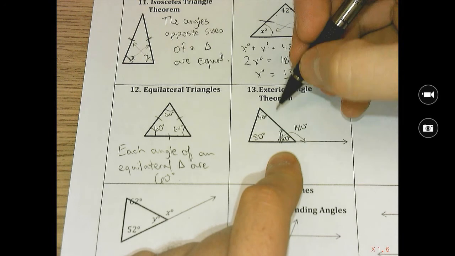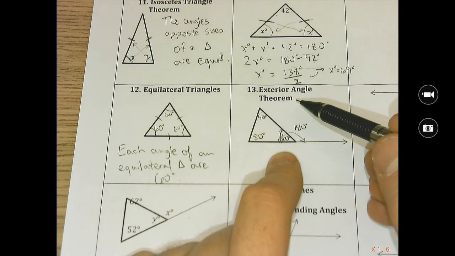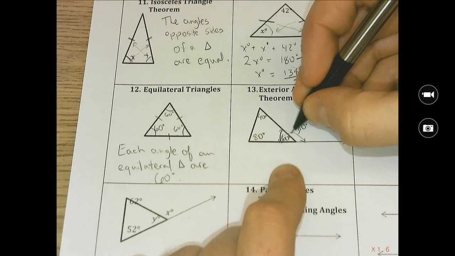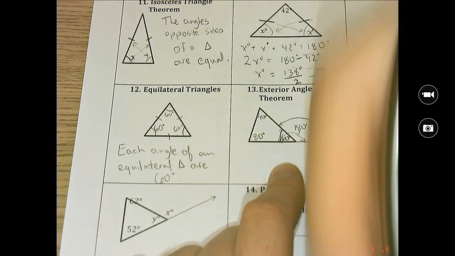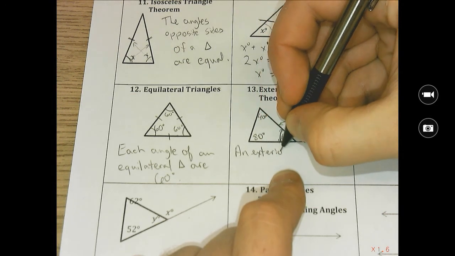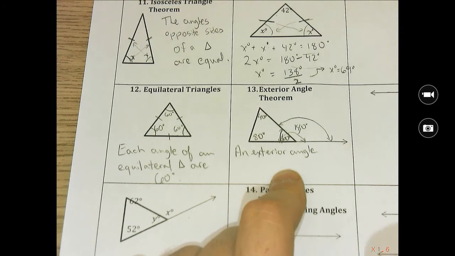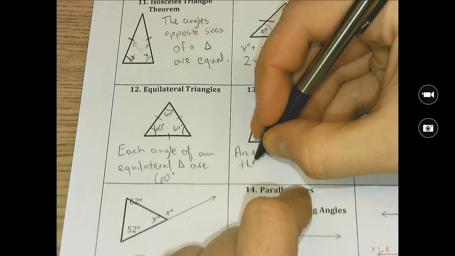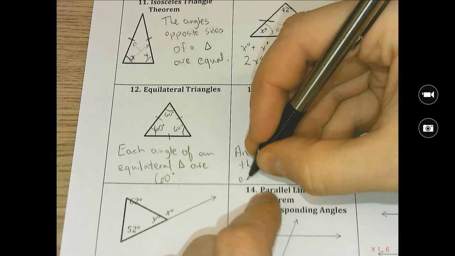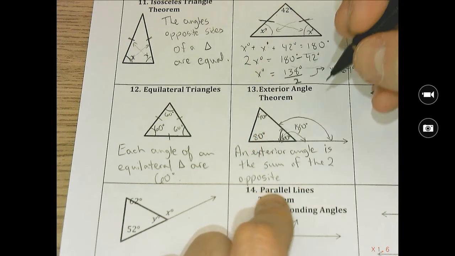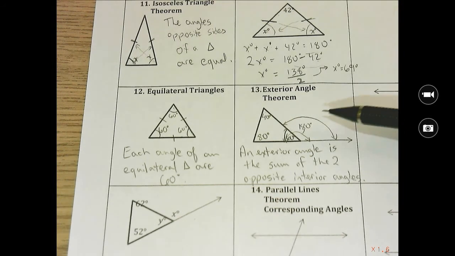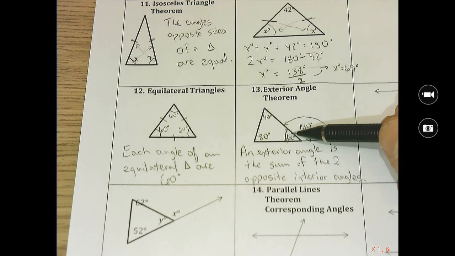Now, the exterior angle theorem states that an exterior angle, this is my exterior angle here, so this 180 applies to the whole thing, but if I look at my exterior angle from there to there, what I've got is that an exterior angle is the sum of the two opposite interior angles. Now what I mean by that is the two opposite interior angles from this 60 are my 40